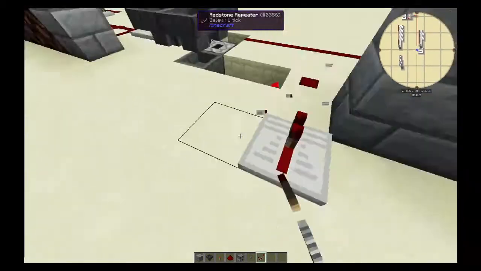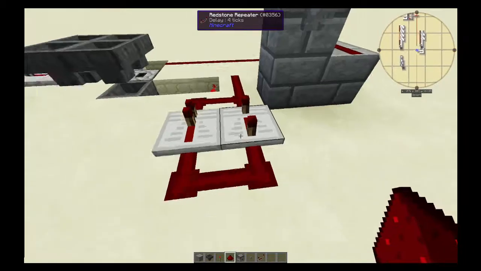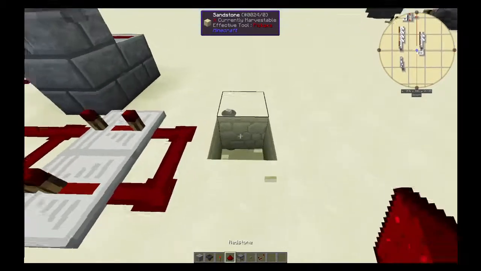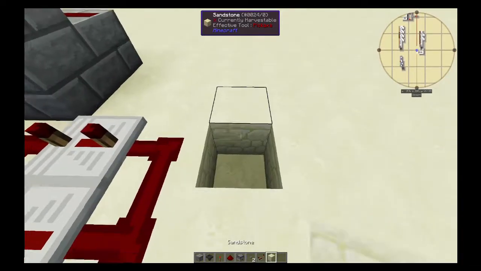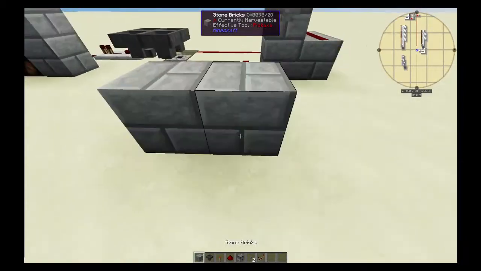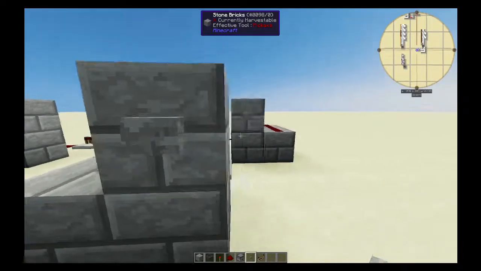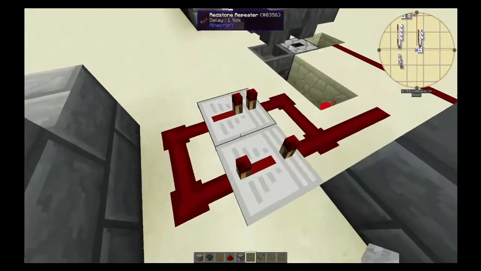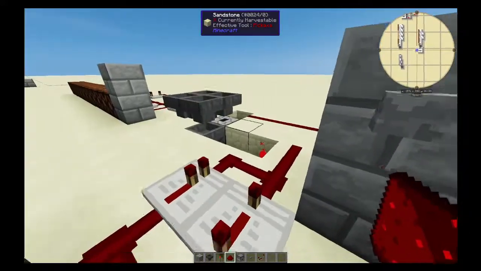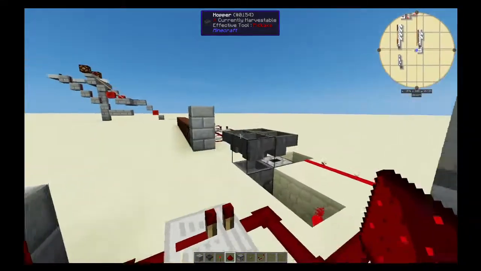No, sorry. That, 4 ticks, 1 tick, boom, boom, and you're good to go. So then, if you want, you can just hook it up, that, and that will extend the pulse. So now, when we activate this dropper with this button,